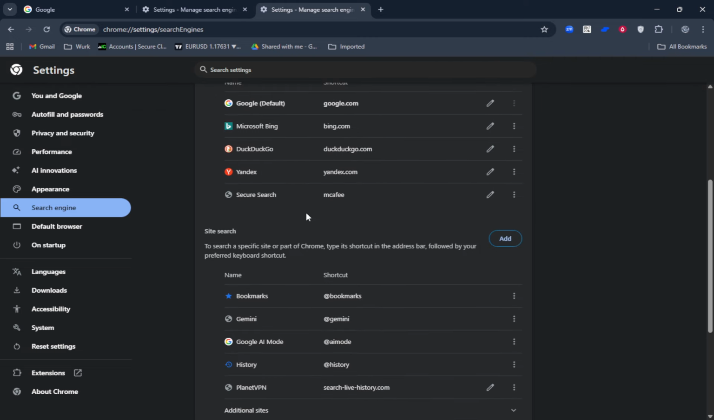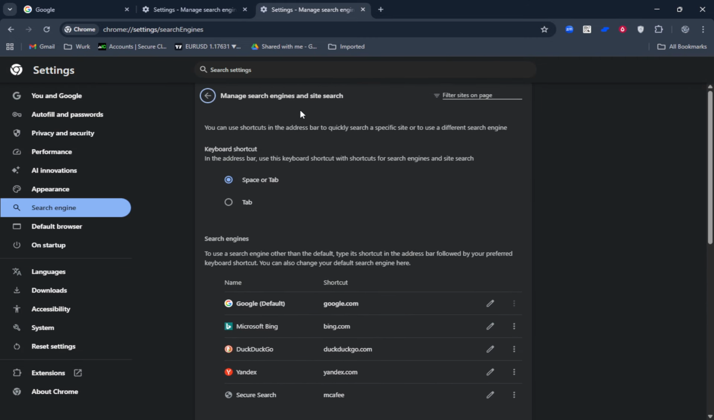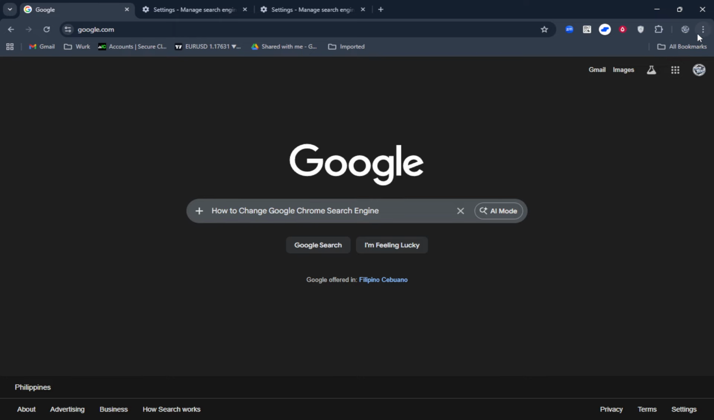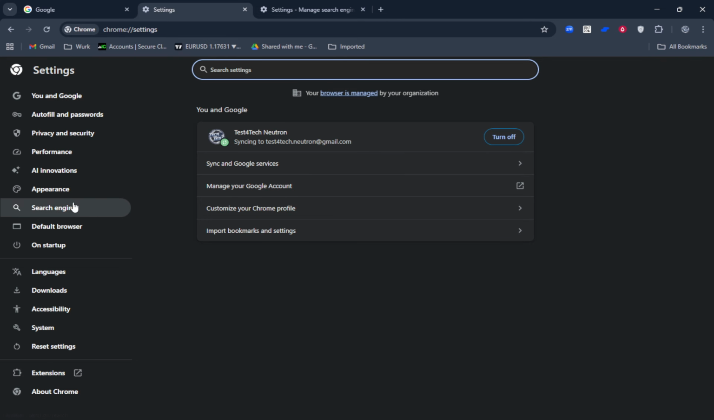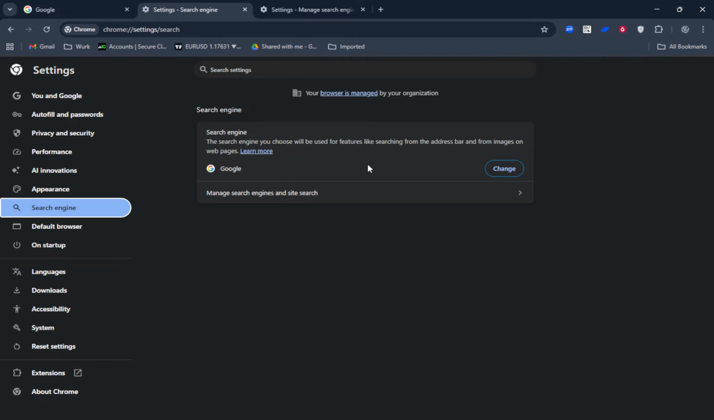That's all it takes to change the search engine in Google Chrome. Open Chrome, go to Settings, choose Search Engine, pick your favorite from the search engine used in the address bar drop-down, or jump straight there with